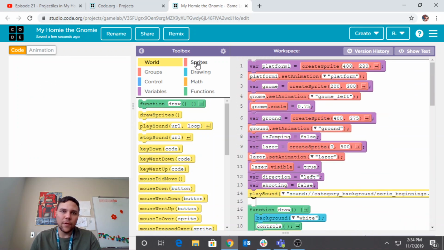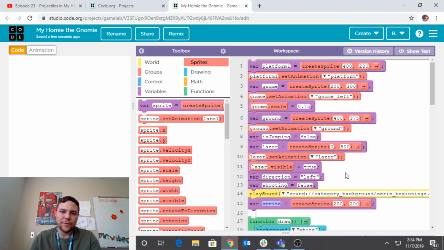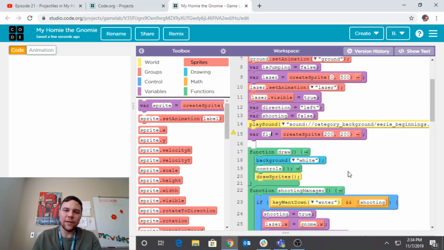So, remember to add a sprite. Var sprite fly. We'll probably need multiple flies at some point, but I'll just leave it at one fly for now. X coordinate, we'll start it at 200. Y coordinate, we'll put it all the way on the right. And then